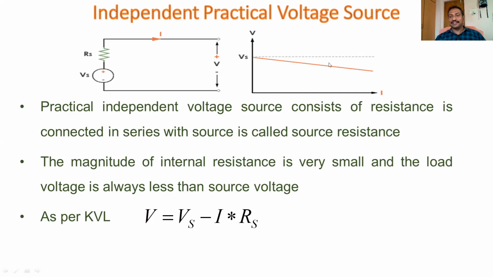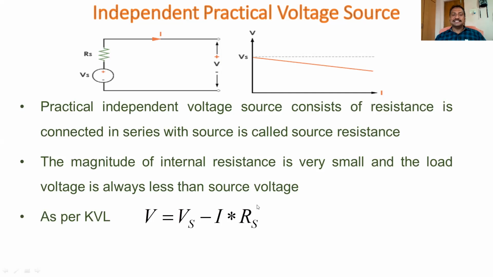That is shown with the help of this practical curve. This line represents the case where the internal resistance is not considered; it should be equal to 0, so V is equal to Vs. If you consider this internal resistance, if it is a low value, this is the drop. If it is a little more, this is the drop. A little more, this is the drop. If the internal resistance is more, this is the voltage drop. So this line, represented as the output voltage line, depends on the magnitude of the internal resistance.